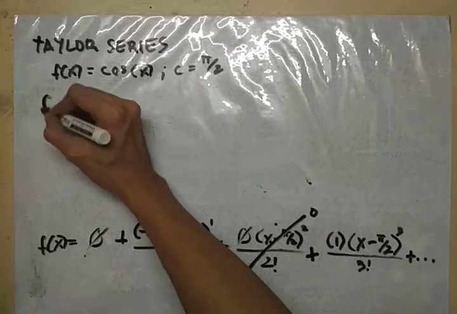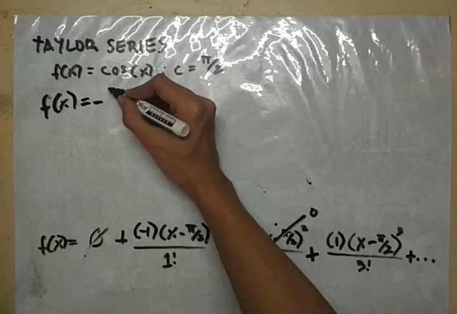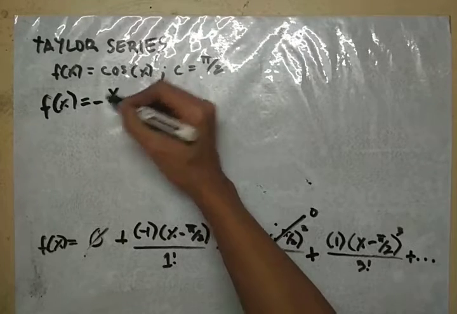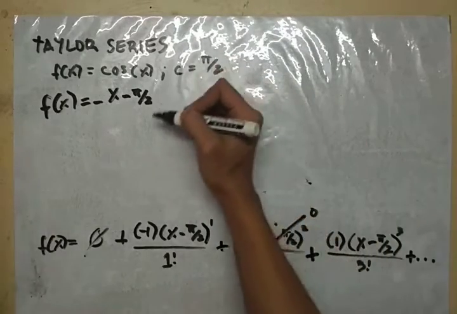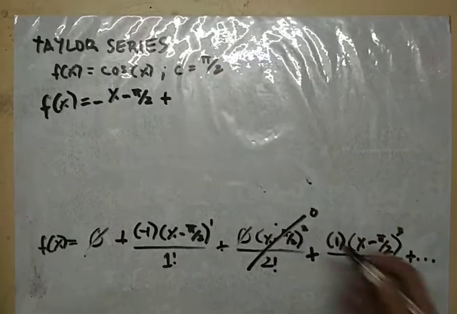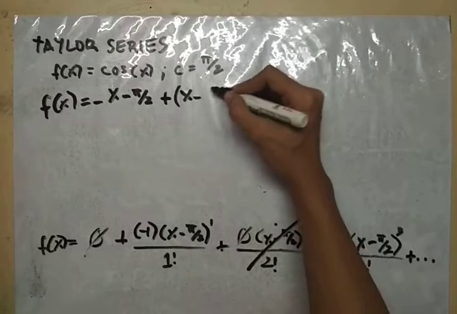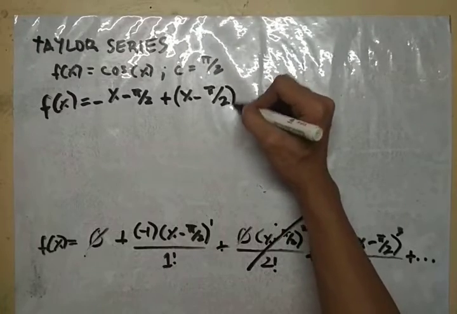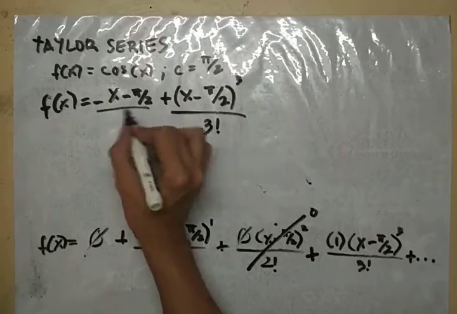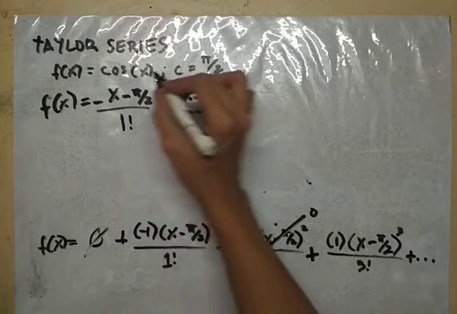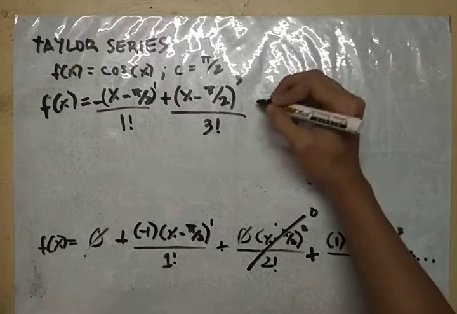So we have f of x is equal to negative x minus pi over 2, plus x minus pi over 2 cubed over 3 factorial, plus